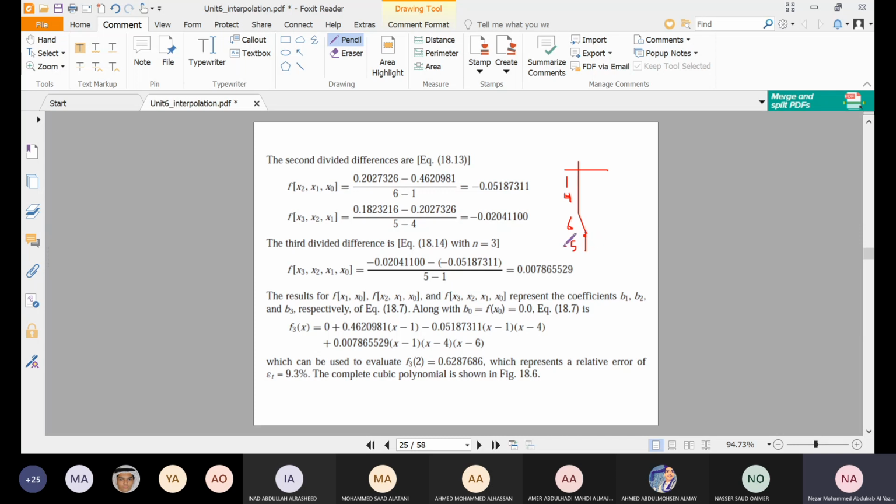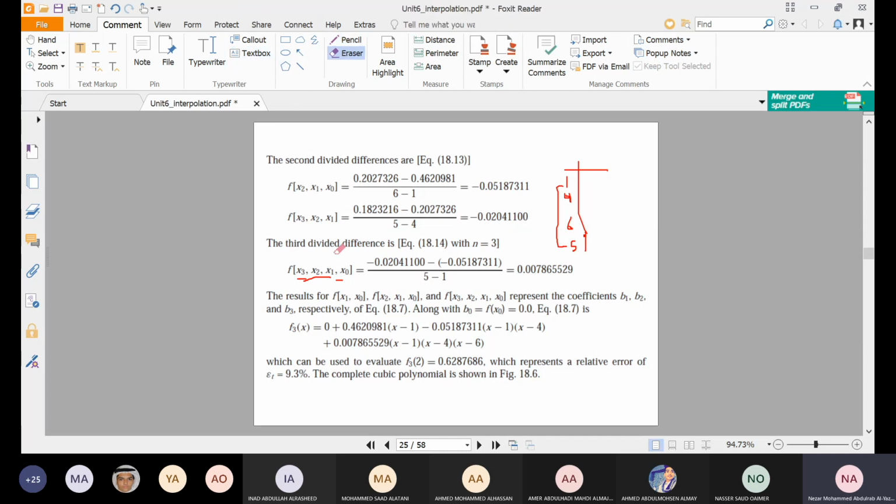And for the third divided difference, I will take this interval from 5 to 1, because here I have from x1 to x0. So the run here will be 5 minus 1. And this is already computed in the second divided difference. I will take these 3 points, x3, x2, x1, which equal this number,